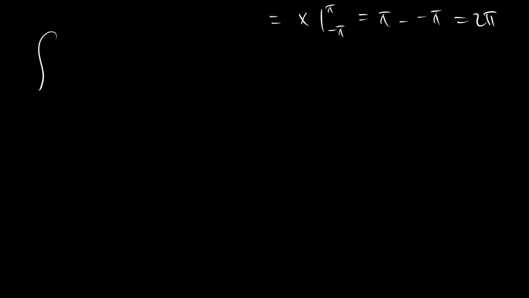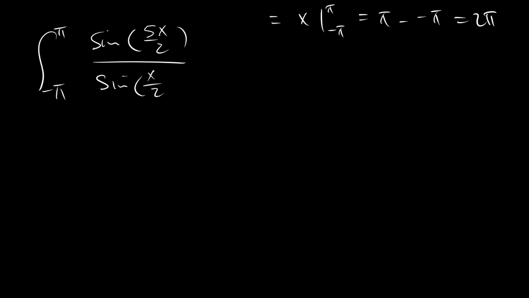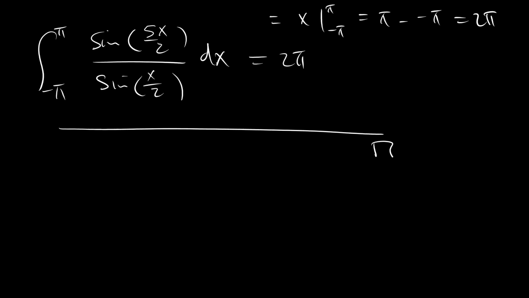Therefore, the integral from negative pi to pi of sine of 5x over 2 over sine of x over 2, having used Dirichlet's kernel, becomes 2 pi. And that's the answer. Number 13, which just happens to be the